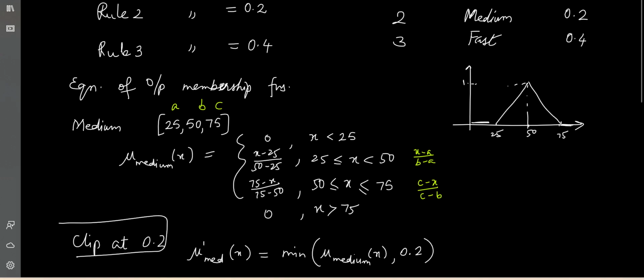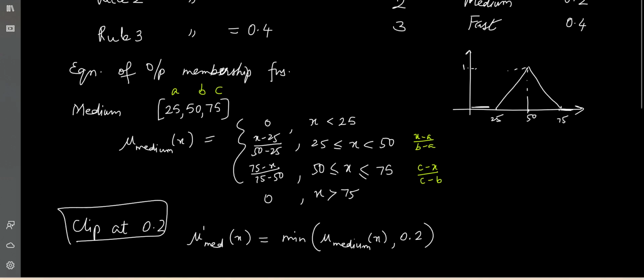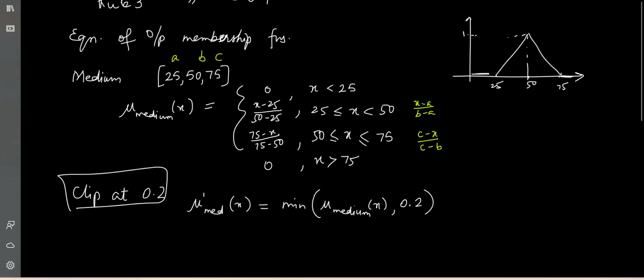Clipping at 0.2 means that. Now if you see for the category 25 to 50, let us start with 25. 25 minus 25 is 0, so 0 upon this is 0, so the minimum of 0 and 0.2 is 0, and that is why if you see the graph here,